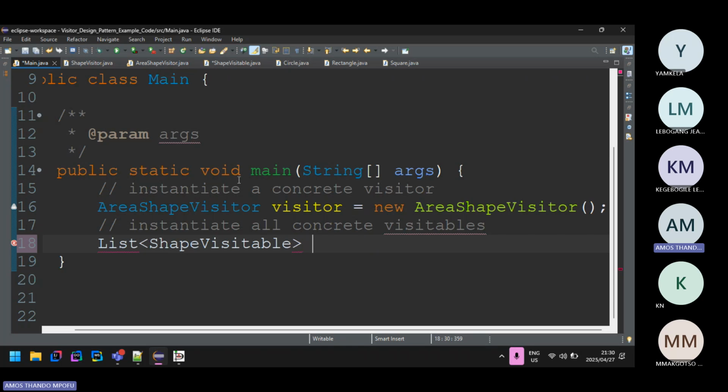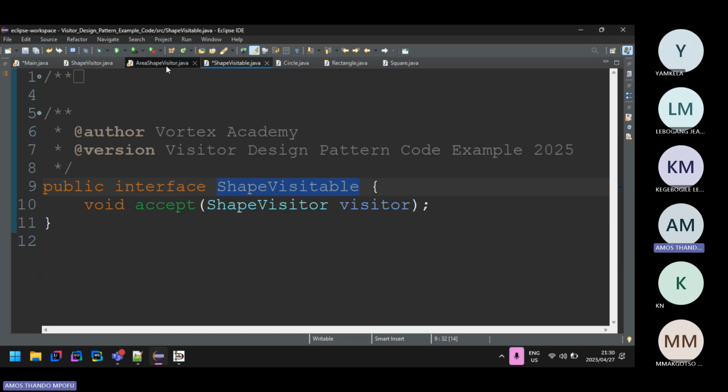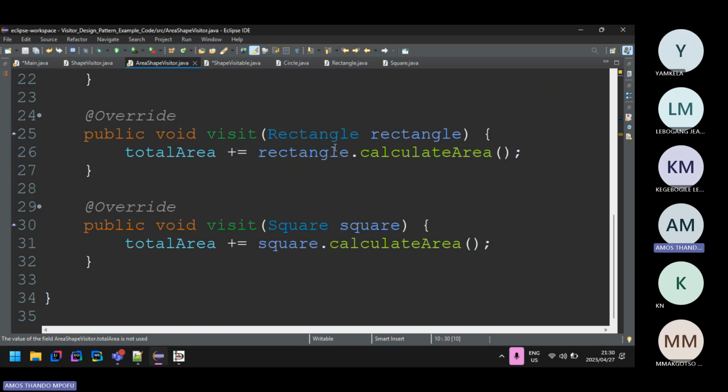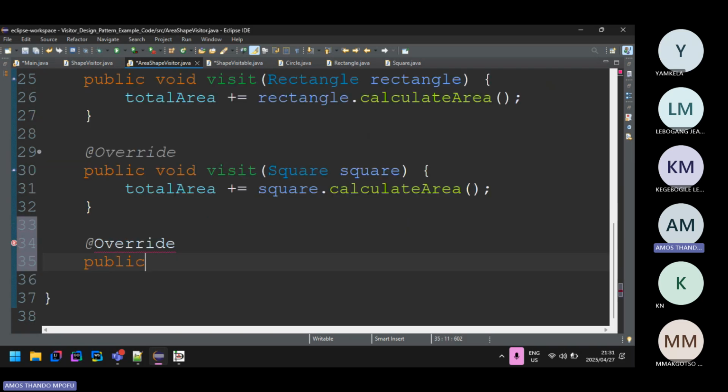Okay, before I continue, we need a way to get the total area. Remember, we calculated the total area. We need a way to get it. There's two ways: ToString, or you create a function called get total area. That's up to you. I would prefer to use ToString. So @Override public String toString. So we create a string representation of this object of this class,